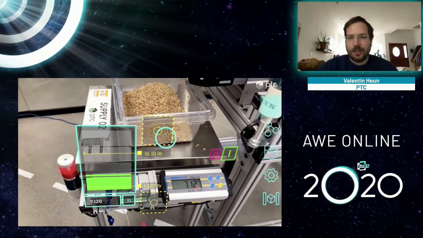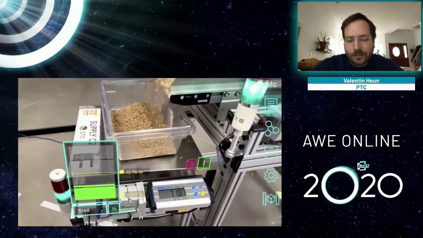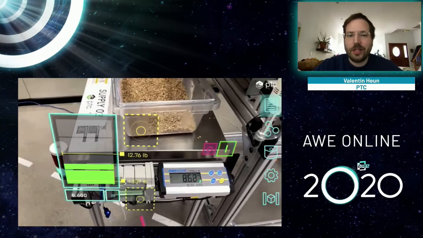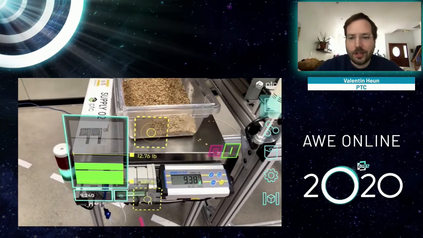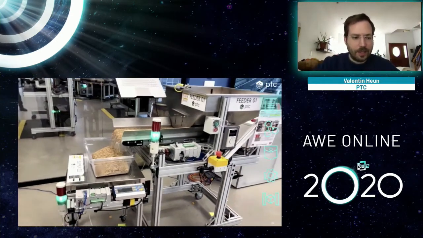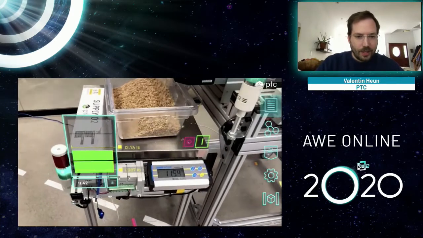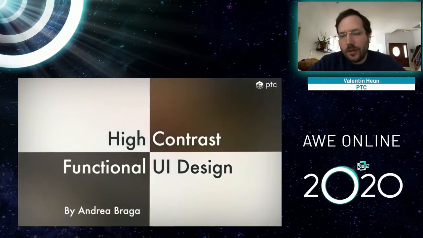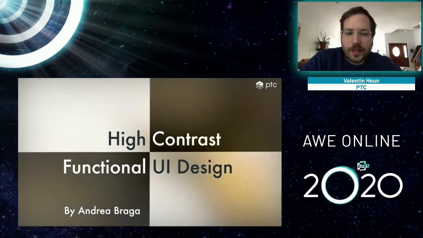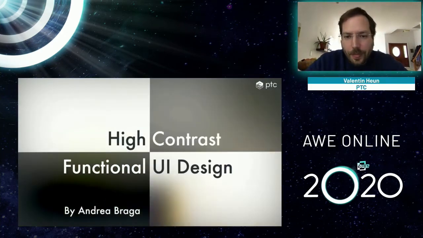So as such, this is in a nutshell what the Spatial Toolbox is and what it's capable of doing. But this is really just the core functionality, and through those add-ons that this toolbox has, it is massively extensible. It has a wonderful visual design that we worked on together with a fictional user interface designer, Andrea Braga.